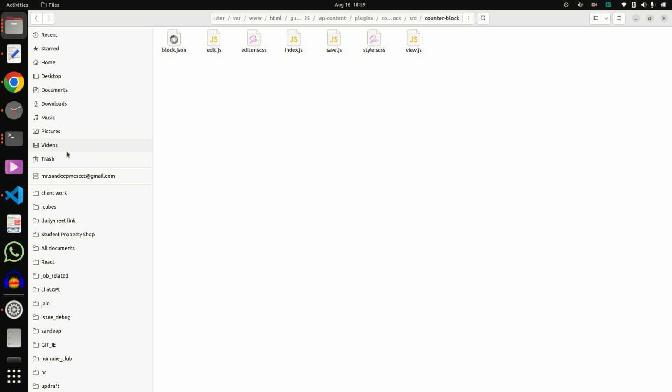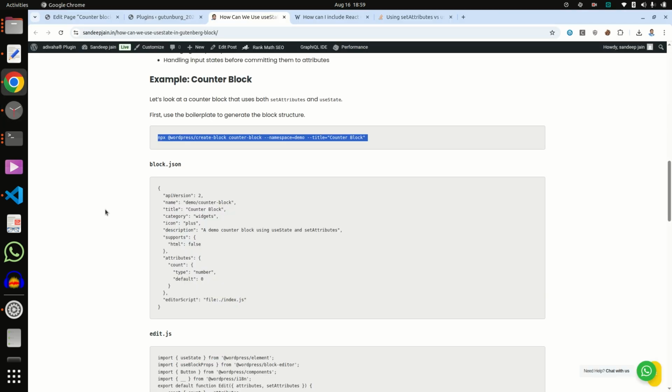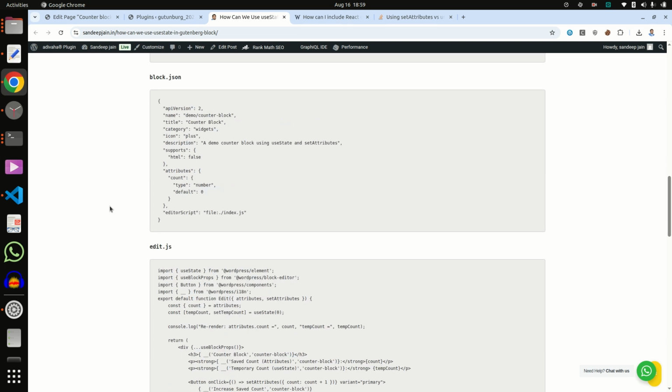So in the next step, go to block.json and create one attribute.